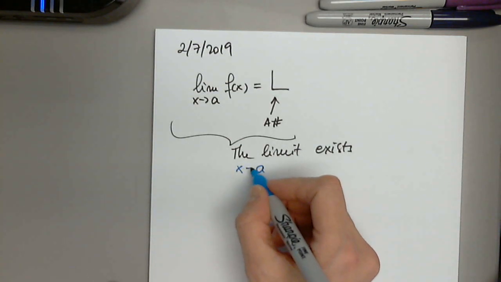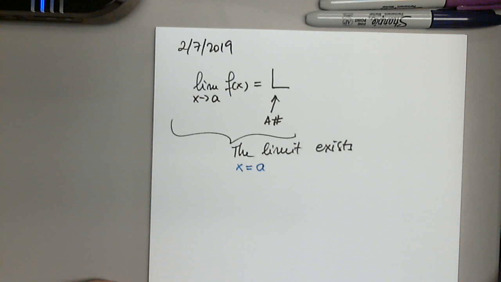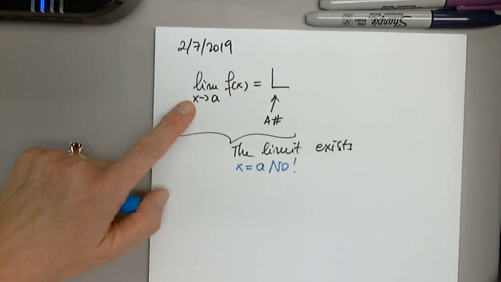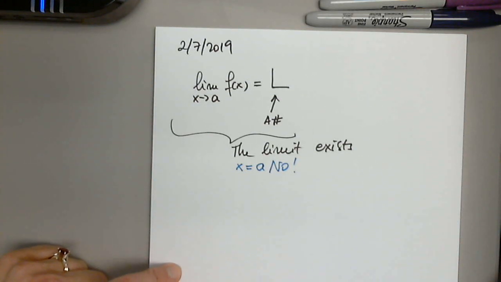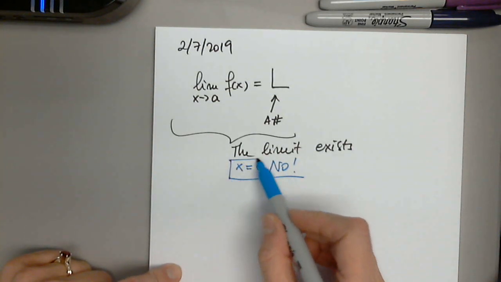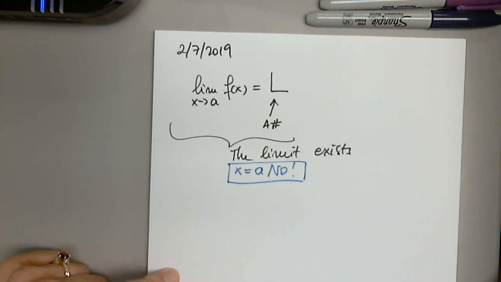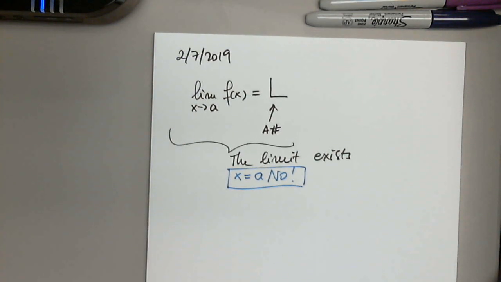Is x equal to a? No. Very good. That's one thing that you have to remember. When we say x approaches a, we really mean it. Approaches a, not equal to a. Okay. Perfect. Now, one other thing that I would like you to be clear on is when we say that